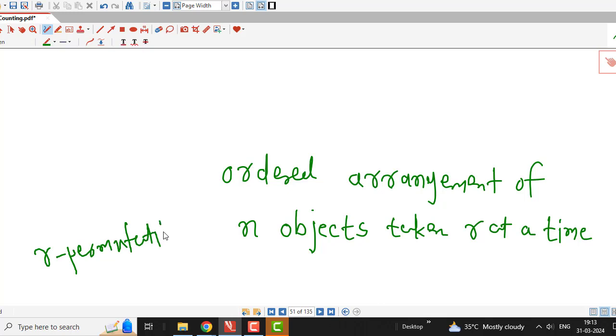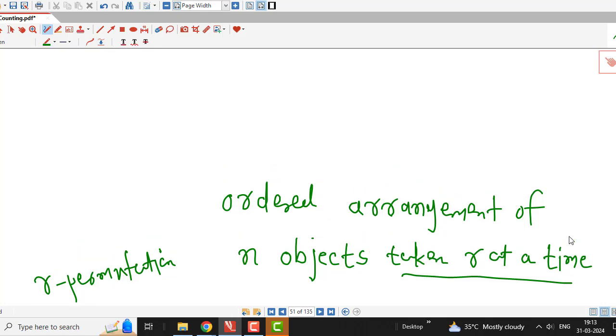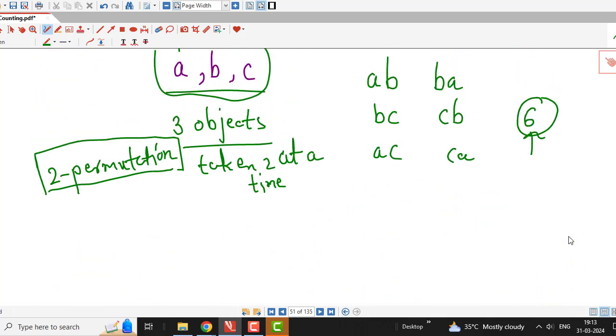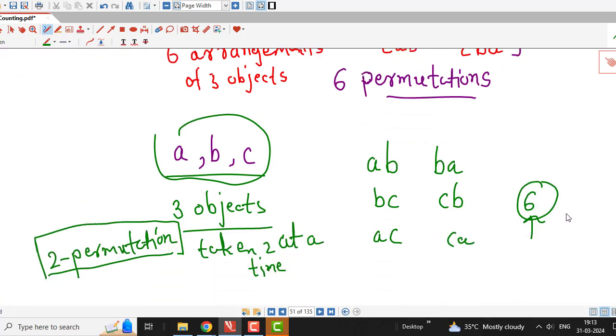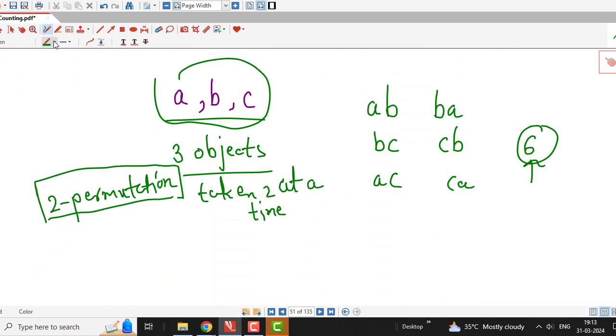R permutation means ordered arrangement of n objects taken r at a time. And we have a ready-made formula to count the number of ordered arrangements, or the number of permutations, but before writing that formula,